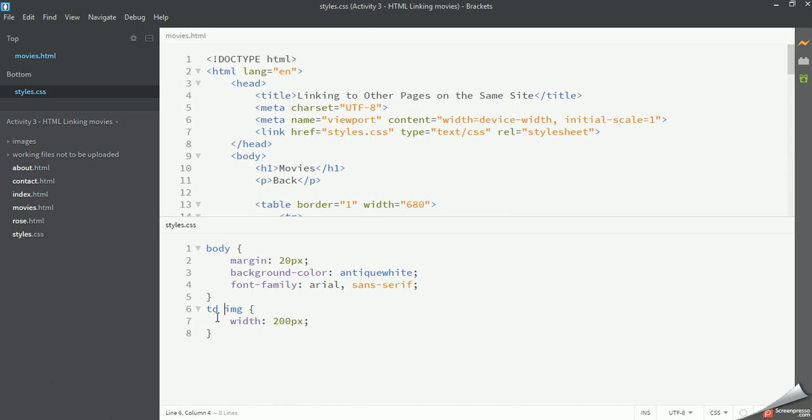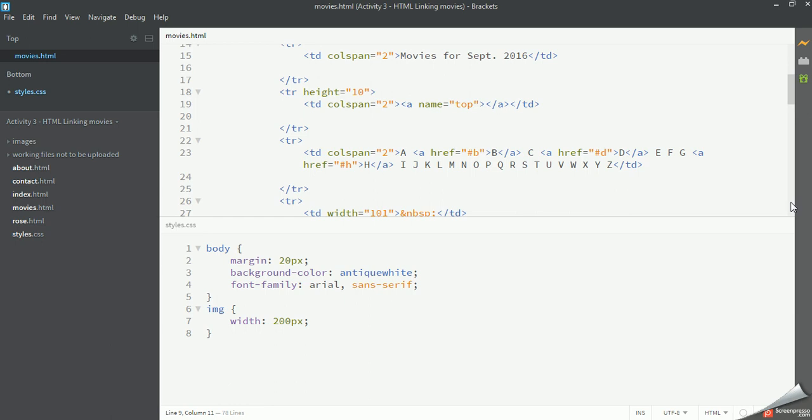So let's say you do. Let's say you want to use tables to organize your pages on the rest of the website, on the index page or the contact us page or whatever. So I'm going to delete my table data in front of my image. Instead, I'm going to go into my HTML for the movies,